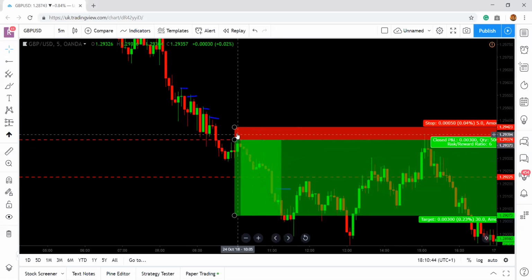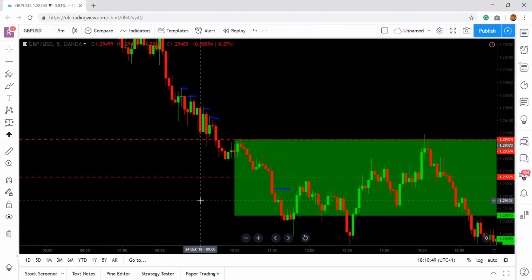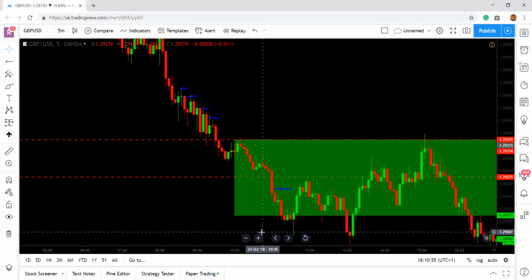Once it broke the structure low, I then put my trade into break even. So I was quite confident being in this trade at this moment in time. It's either I was going to get stopped out break even or we was going to win the trade. So what happened is price